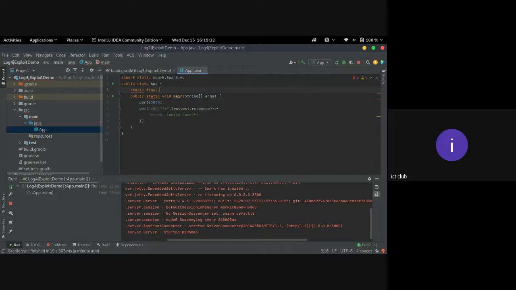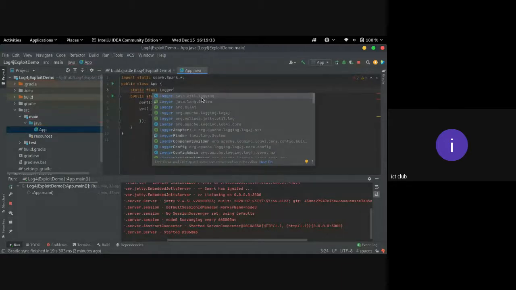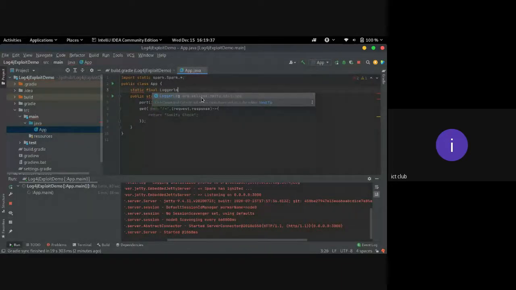Sorry for that. So after that, I'm going to call now the logger. So logger, and give it a simple name, maybe just logger. So after creating the instance,